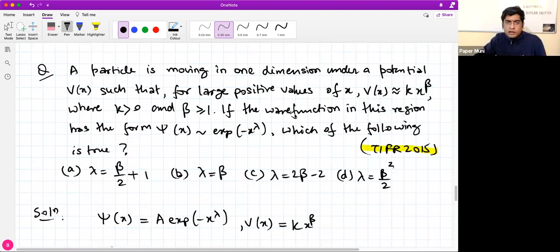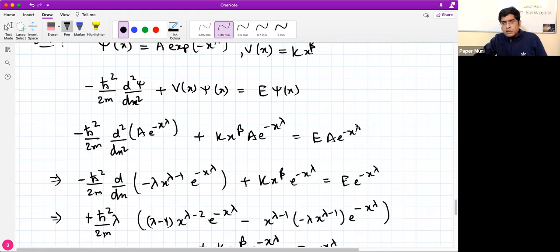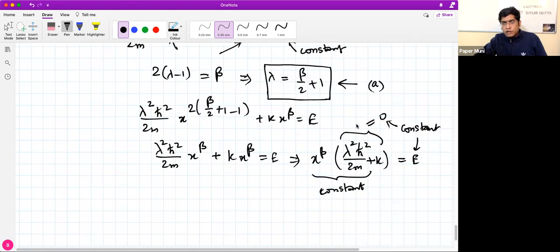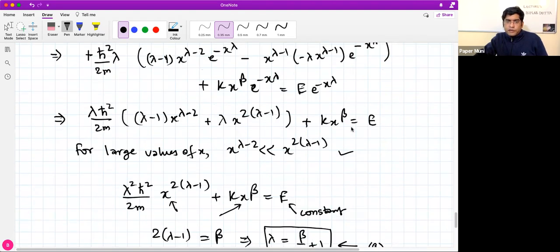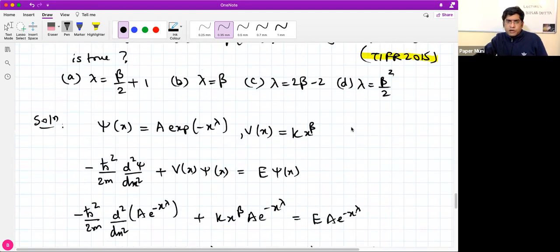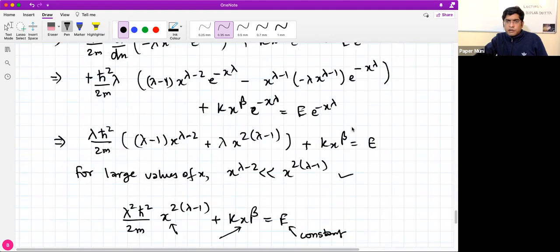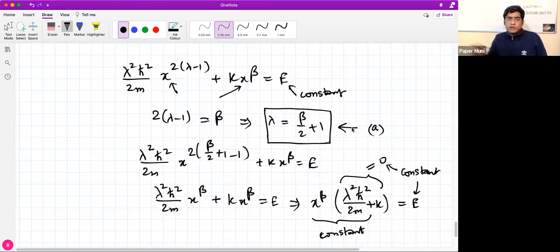Because see, you have been given this potential in this case, and if it's a bound state, then the minimum energy cannot be 0. It has to have some minimum energy. And for this we are getting energy equal to 0. Let me think further if there's some other solution, but I've thought about it a lot of times, so this is what I always conclude.